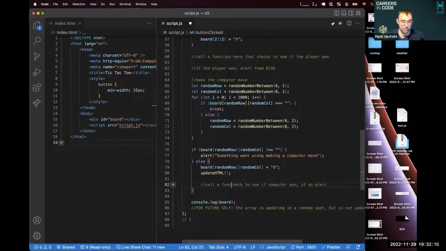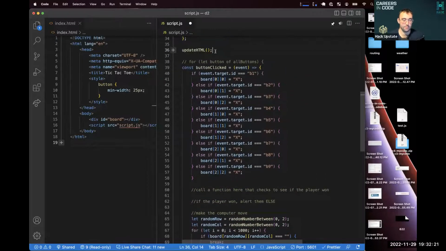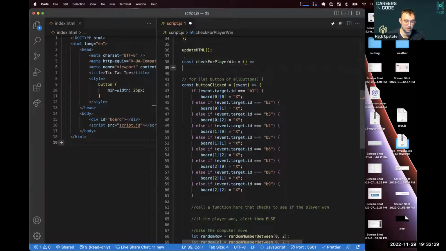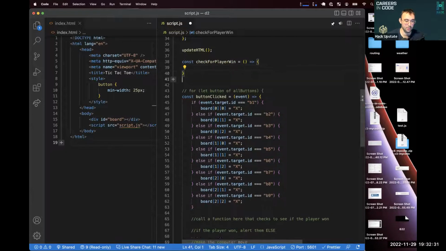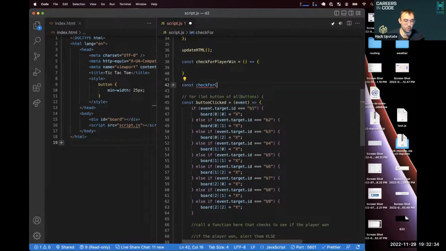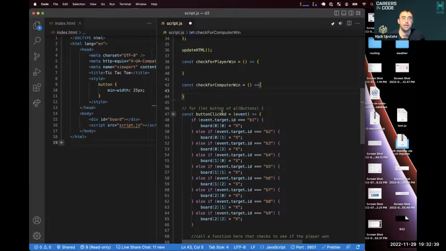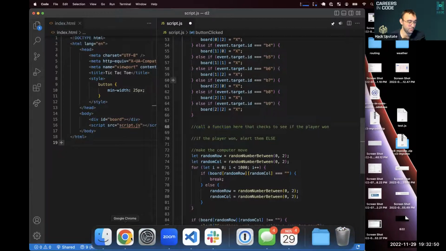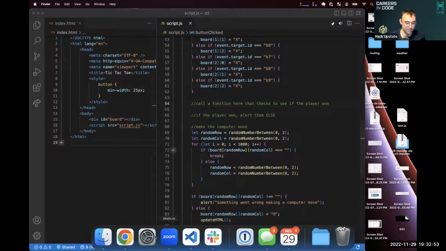So to get you started, we're going to need two functions. So I'm going to go up to here and I'm going to say const check for player win. And I'm going to do a const check for computer win. You guys are going to be using these functions down where I left comments down here. So the ultimate goal here is